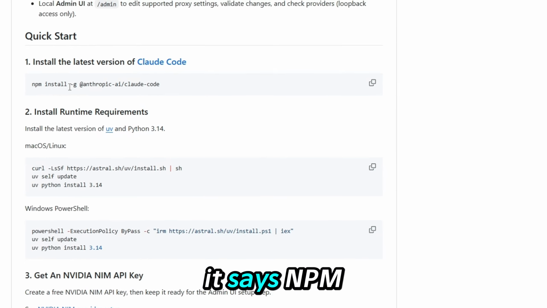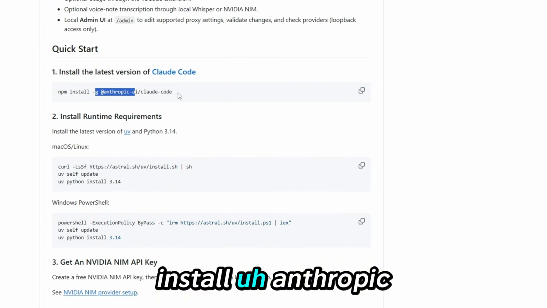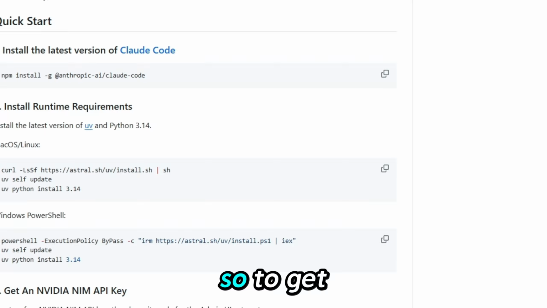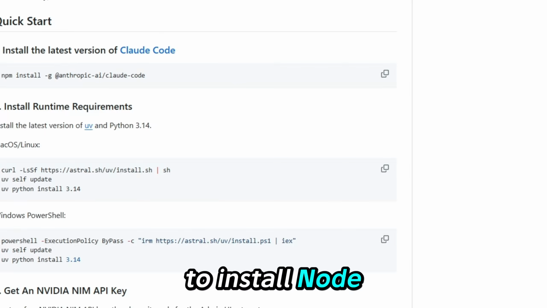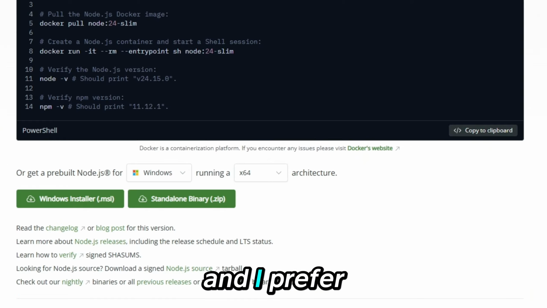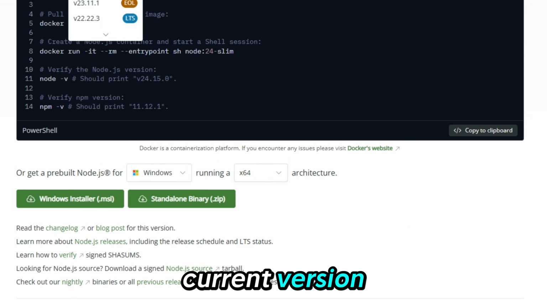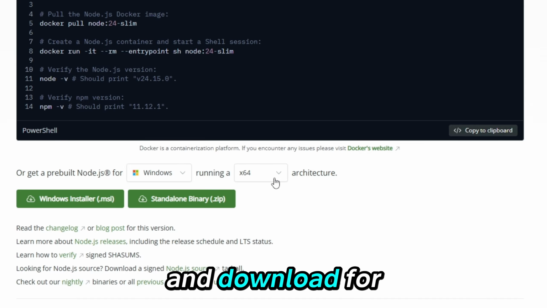So as you can see right here, it says npm install Anthropic AI Claude Code. Okay, how do we get npm? To get npm, you'll have to install Node.js. All right, and I prefer to use the LTS version. Don't choose the current version, use the LTS version and download for the